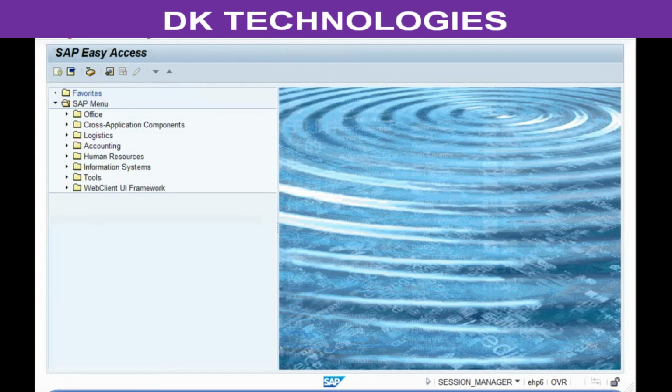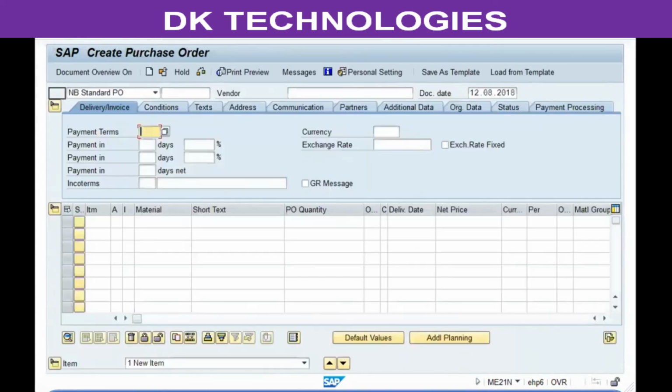To create a purchase order without reference, you again go to ME21N, select the document type, enter the vendor number, enter the relevant material numbers. So here again,